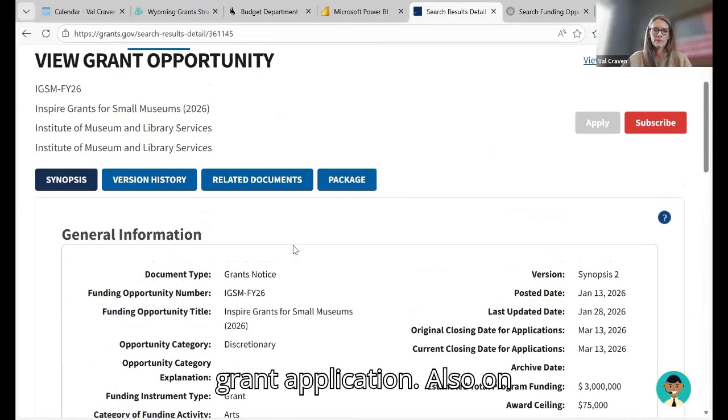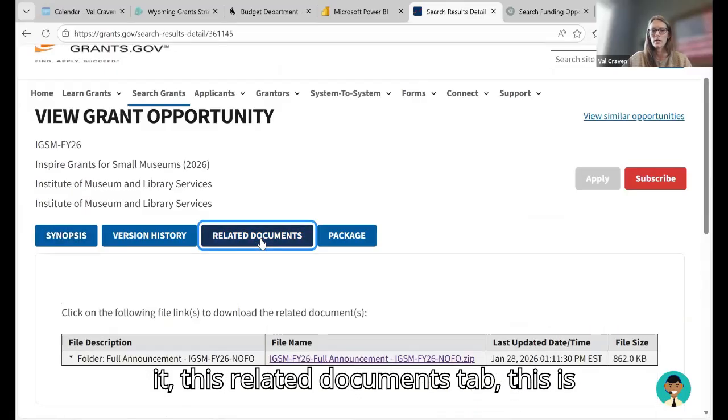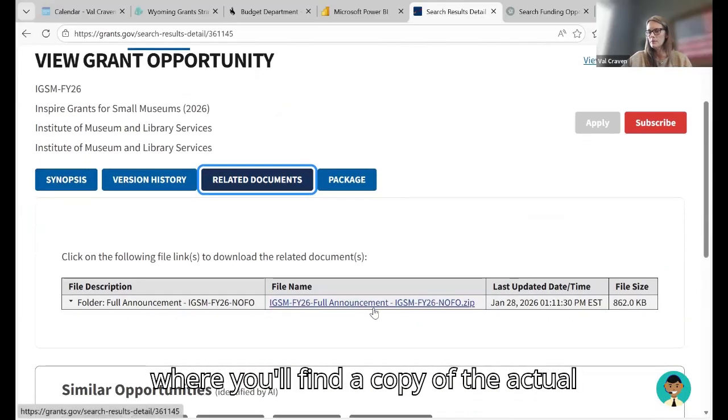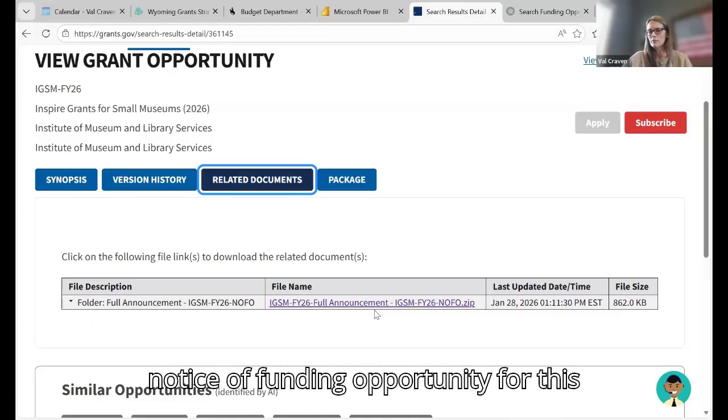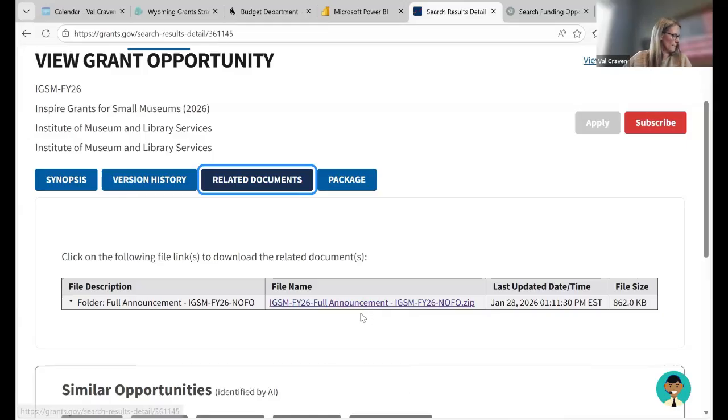my grant application. Also at the top of the page, these tabs across it, this related documents tab, this is where you'll find a copy of the actual notice of funding opportunity for this opportunity. So that's what you want to do there. And